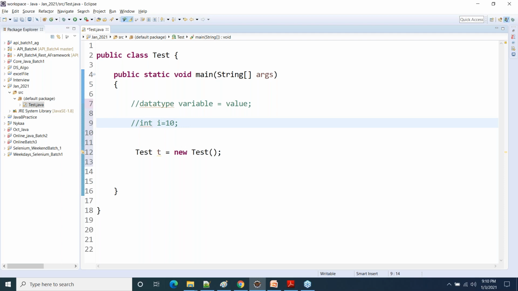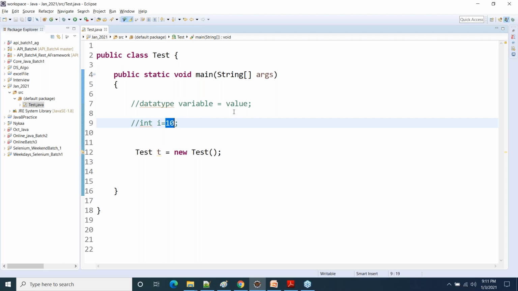Now understand what will happen, and why we use int. In Java, the default data type of any non-decimal numeric value is nothing but int. Any number in Java which is non-decimal, whether it is a positive or negative non-decimal value, does not matter. All the non-decimal numbers in Java are int in nature.